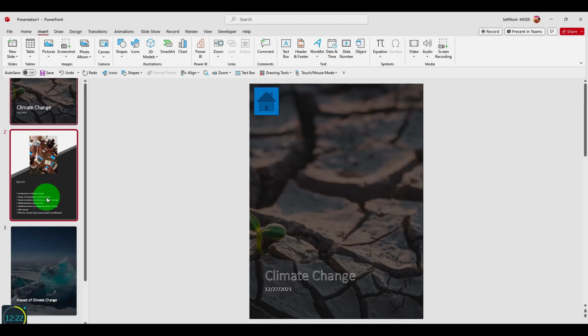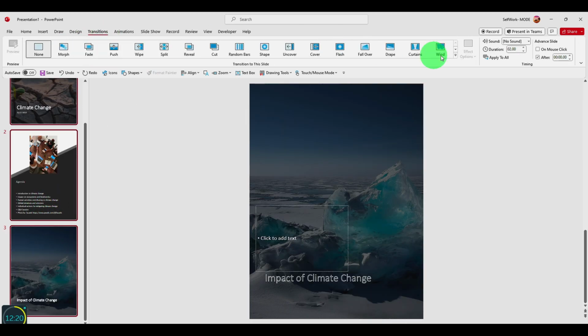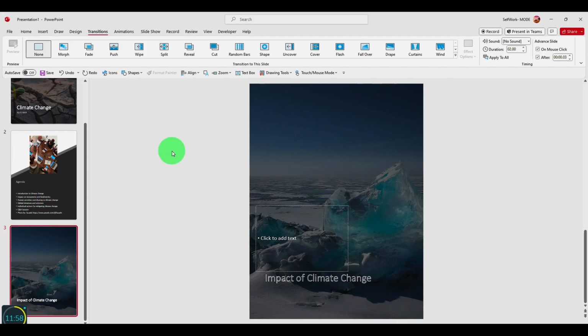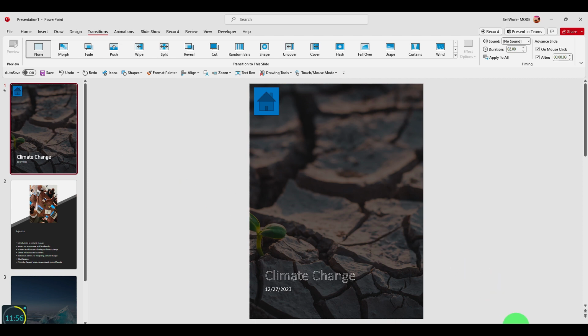So let's select all these slides again, go to transition, and here also you can apply to all the transition that you added to one slide. And now we have to also add the seconds. So I'm gonna add there 3 seconds, and now let's play. And as you can see now, if I play the first slide,